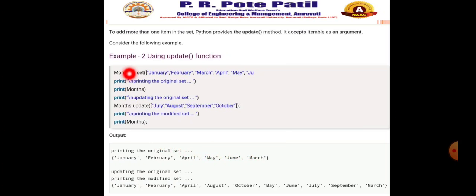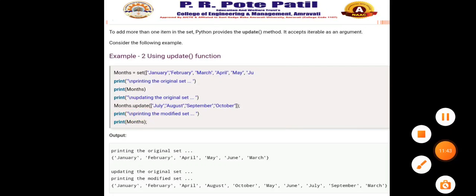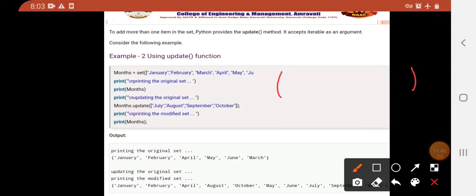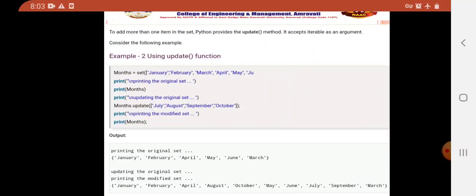Then print updating the original set: months.update, with the brackets of the update function, and inside them a square bracket where you give a number of different elements separated by commas. So see here, July, August, September, October are added with the help of update. Here I am adding more than one element, so a total of 4 elements will be added with the help of this update method.